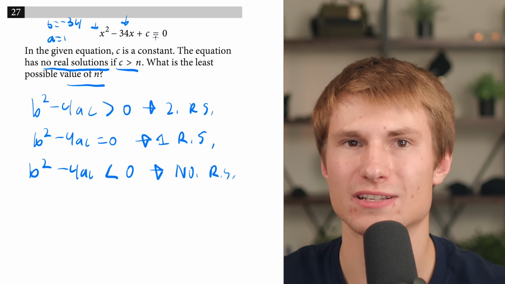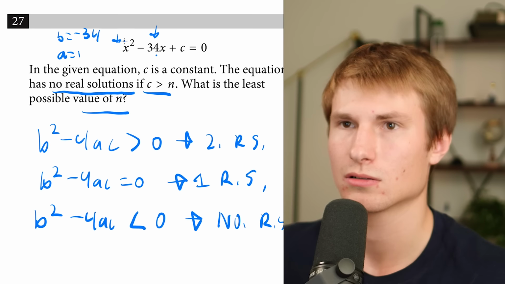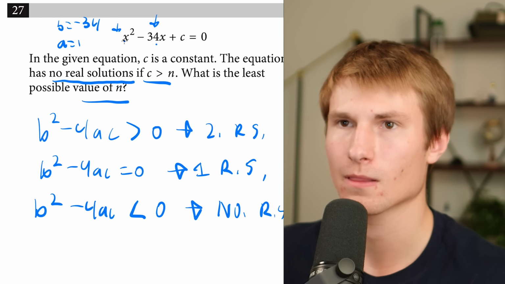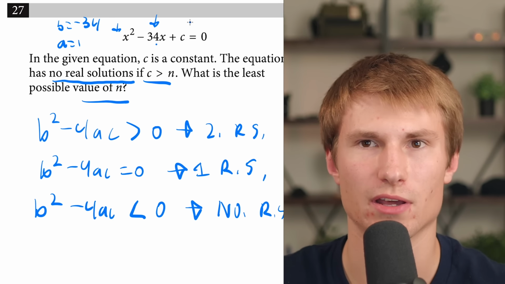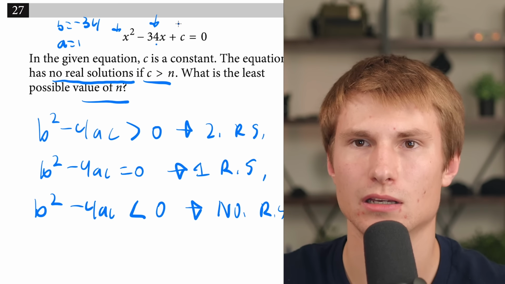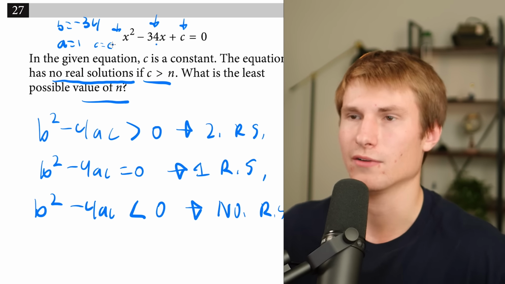Okay, the value of c, let me zoom in actually. I just noticed this is pretty zoomed out. Okay, sorry about that. I feel like I've been zoomed out for a while. That's my fault. I should have caught that earlier. And then c is going to be that value of the coefficient, which in this case is just c. So c is equal to c. All right, from here,